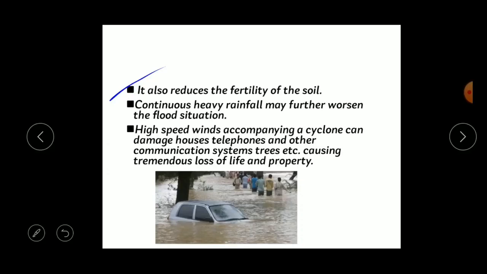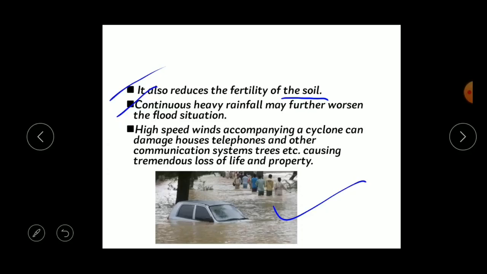You can't sow anything in this soil because it loses its fertility. The next point is continuous heavy rainfall may further worsen the flood situation. Heavy rainfall may lead to a flood situation. Here you can see the heavy rainfall, it may lead to the